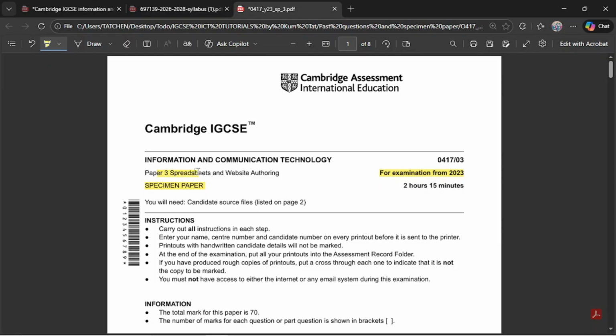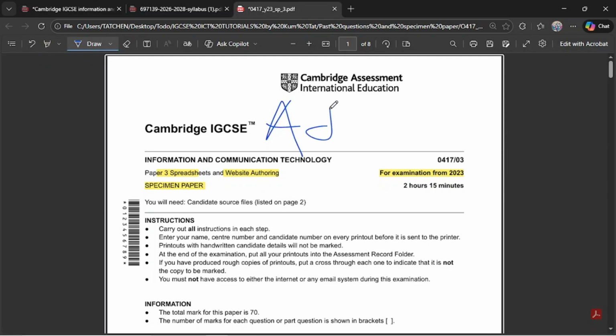I've done the spreadsheet, I've done the website authoring, but one important thing I'll be doing today is, in my previous video I used Microsoft Web Expression, which is what some students and some schools use, but today I'll use Adobe Dreamweaver. So today I'm using Adobe Dreamweaver, that's what some students use. And some people have requested that I make a video just to show them how to do so,